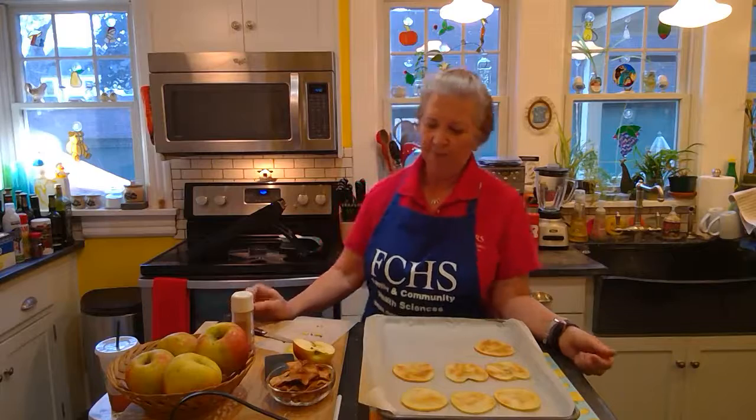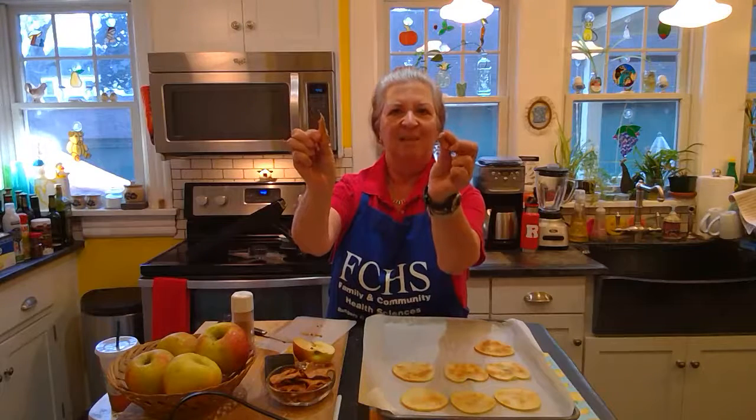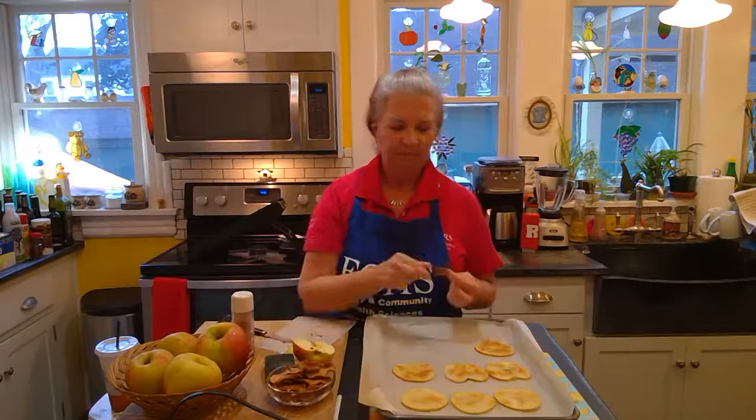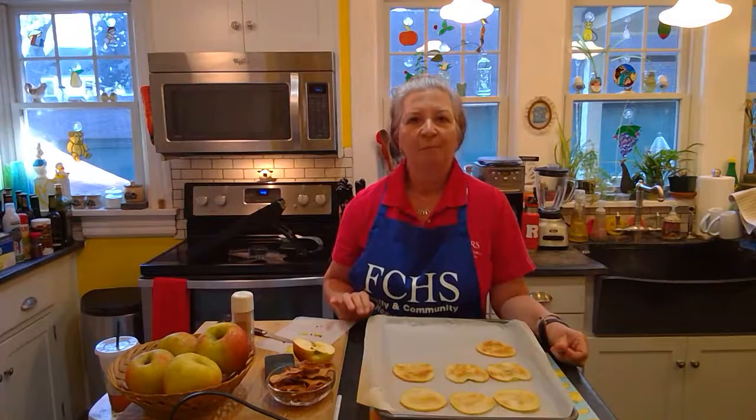Just let the rack cool, and you will end up with these beautiful, crisp apple chips. So again, they are so crunchy. And when they are cooking, your entire kitchen will be smelling like heavenly apple spice. So this is a great recipe for a cold or chilly fall day when you can warm up your kitchen a little bit by having the oven on that low temperature. You can enjoy the aroma of baking apple spice, and then you can enjoy your apple chips for several days,